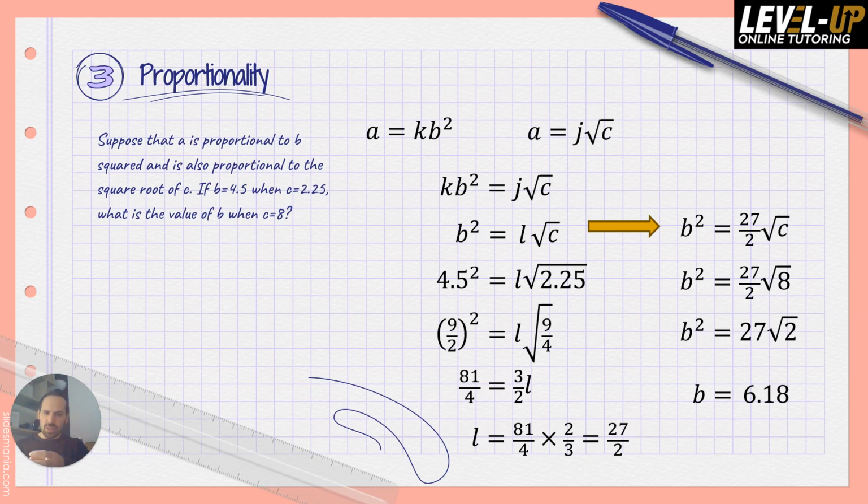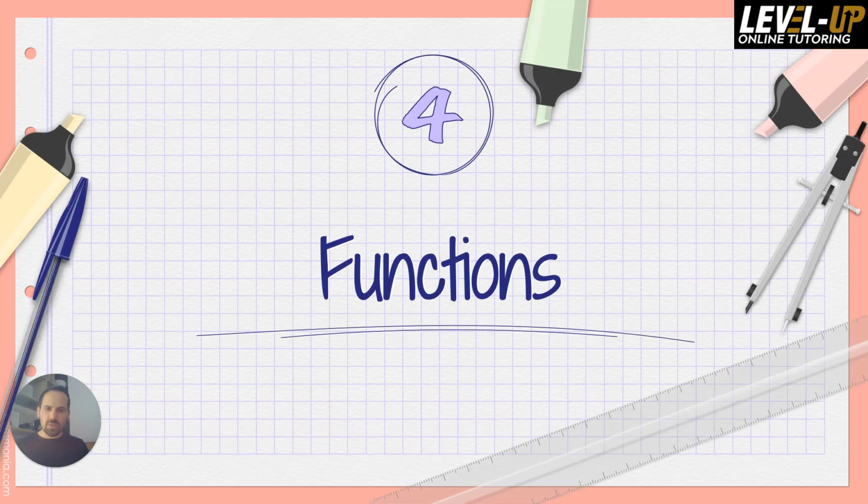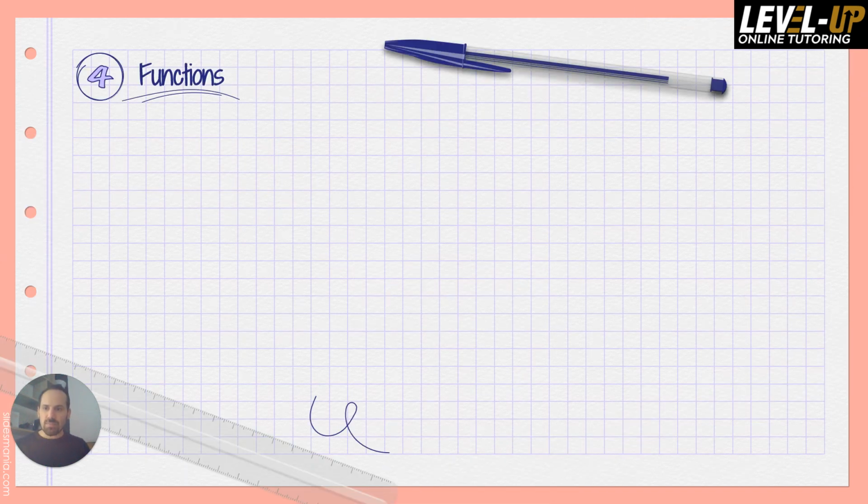The key step there is doing a substitution, and then when you bring your two unknown constants together, if you've just got one divided by another, like what we had here, you can just replace it with a new constant and then use your boundary conditions as usual. That's the tricky step, and from there it's the same as what we've seen before. So let's move on to functions, because it's a big topic,